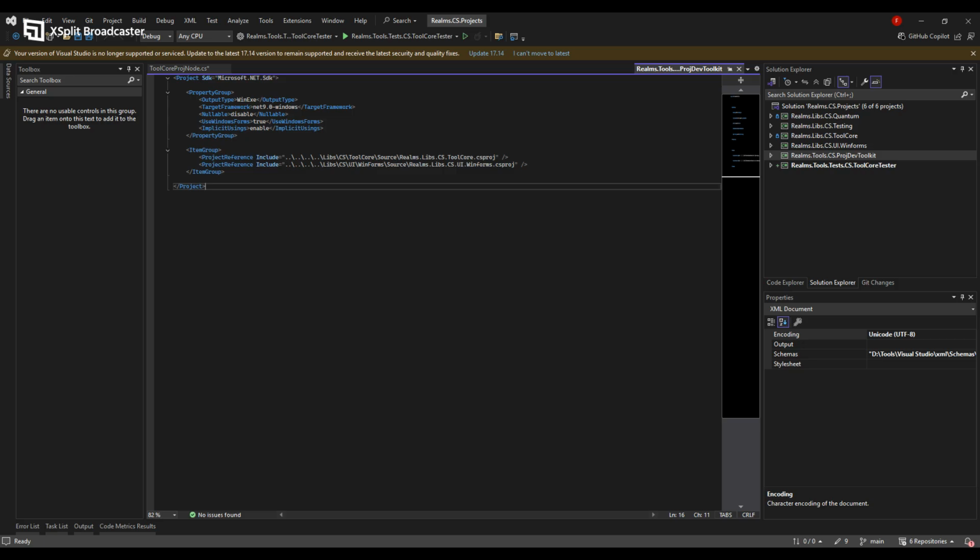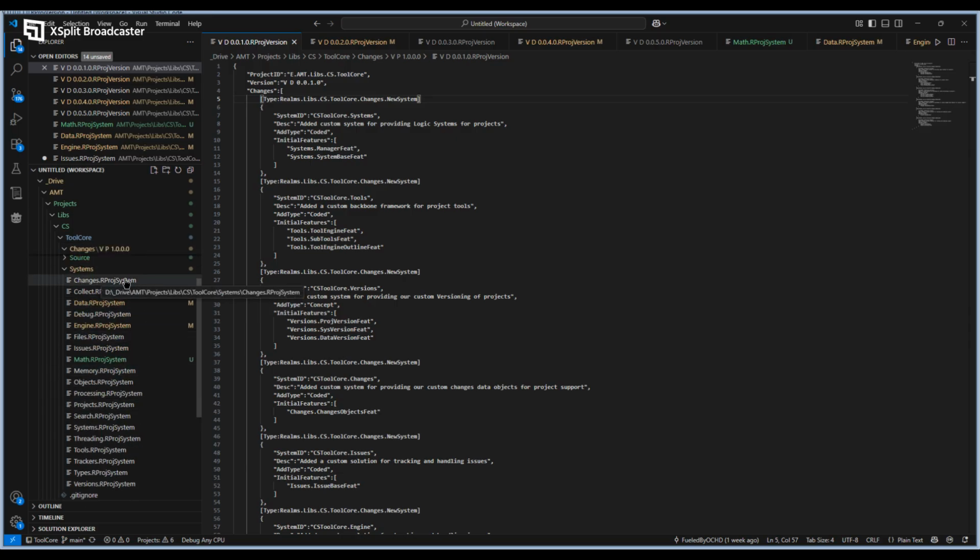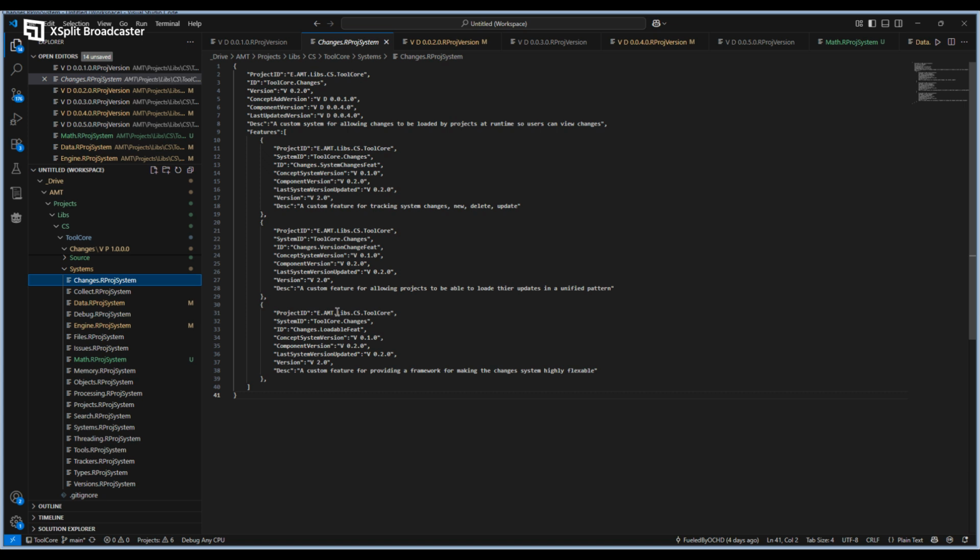Several, and then there's the changes, which are version-based change logs. Systems. This isn't all documented yet. I'm still in the process of documenting things, getting some things pieced together. But I know where I'm going, and